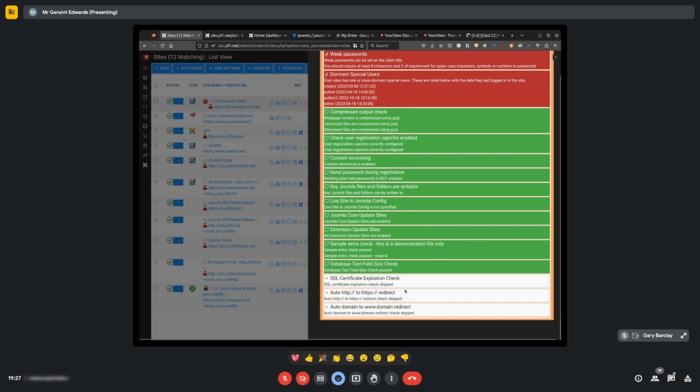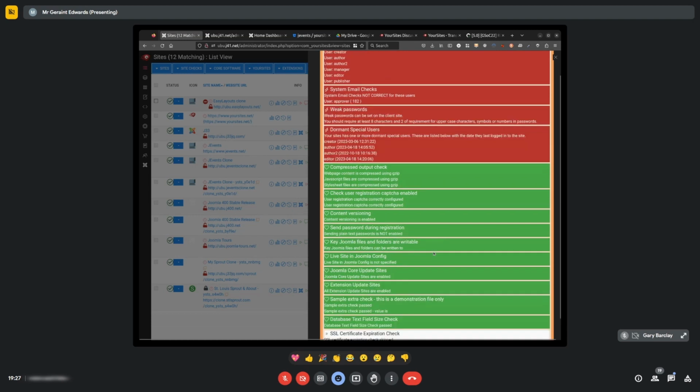This site's not SSL, so I'm not checking the SSL certificates or the redirect to HTTPS, and it's not a www domain either, but you can check for secure sites and that your redirects are set up. But I'll just touch on what was it I was going to show you? Oh yes, the live sites,